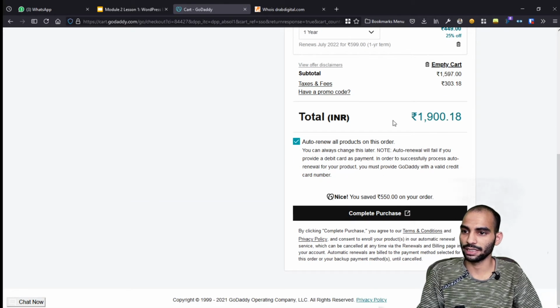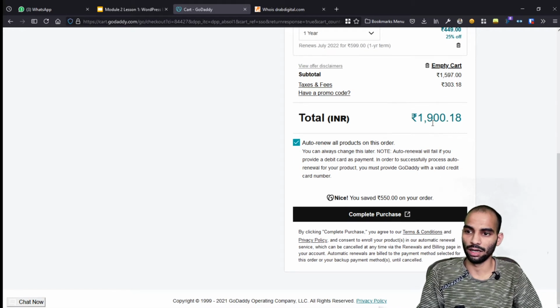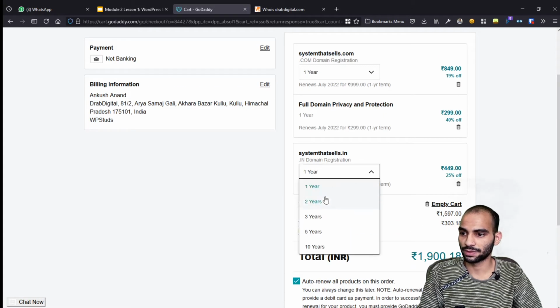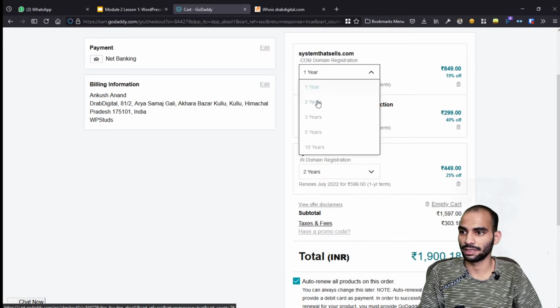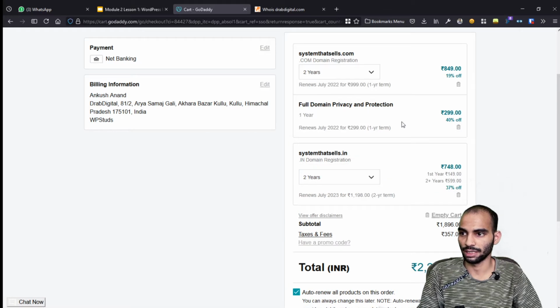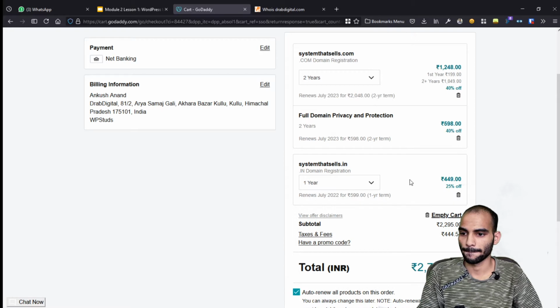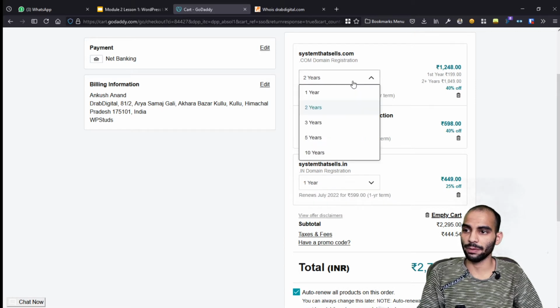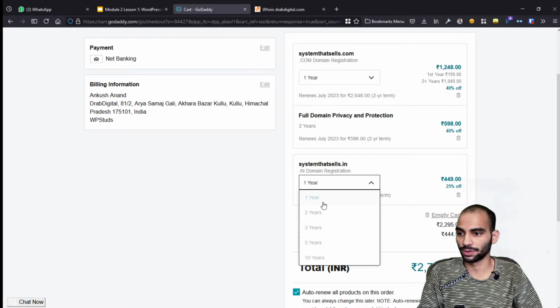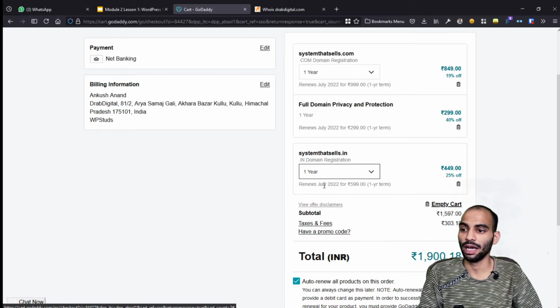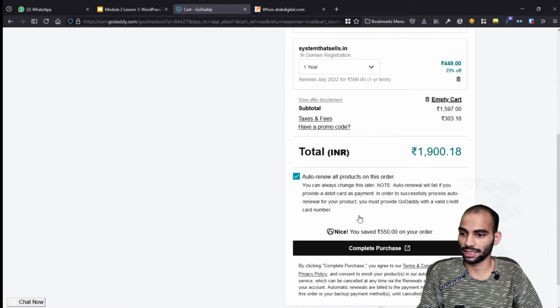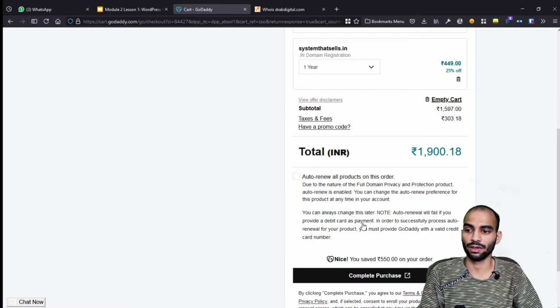So here you can see that it's costing me around 1900 rupees. If I just switch to 2 years, I will just see how much it costs for me. So when I switch to 2 years, it's costing me around 3000 rupees. So let's just switch this one to only 1 year, and it's around that. So you can play with that, go for whatever suits you, your business, and your budget. Right now I just want to go for 1 year, and I will just turn this one off and